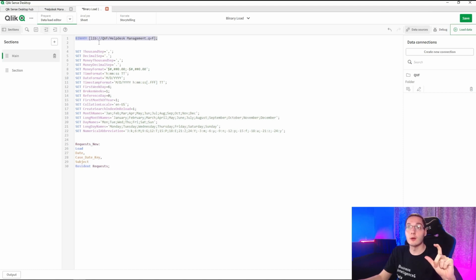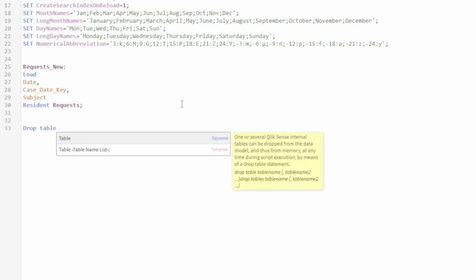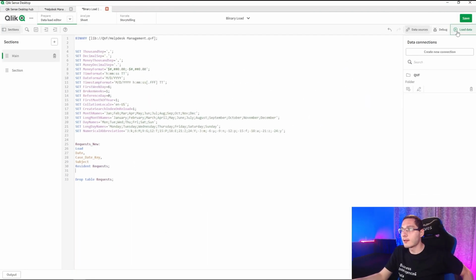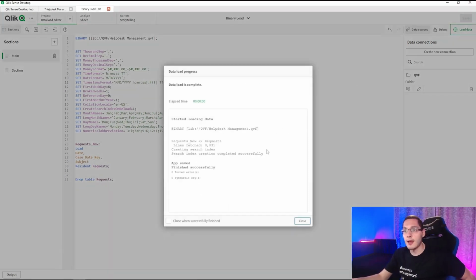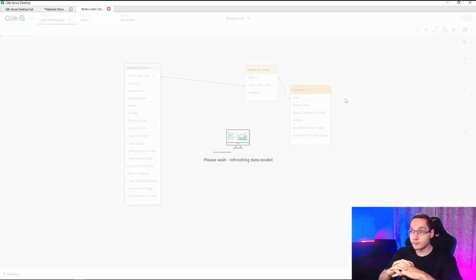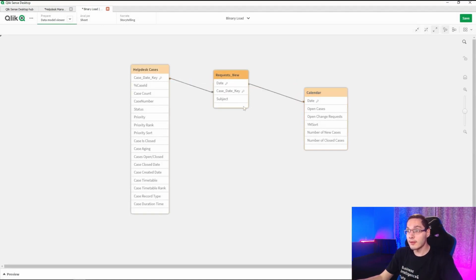So it is right here, we can see it, you know. So let's load this and then drop our previous table of requests. And let's load our data and see what happens. Well, we can see that on our load script here, we have over 8,000 lines, okay? And let's check our data model. And here we have, guys, our new data model with only the fields that we want. Now we could also store all of this in QVD files and use it later, you know. So it's up to you how to use that.